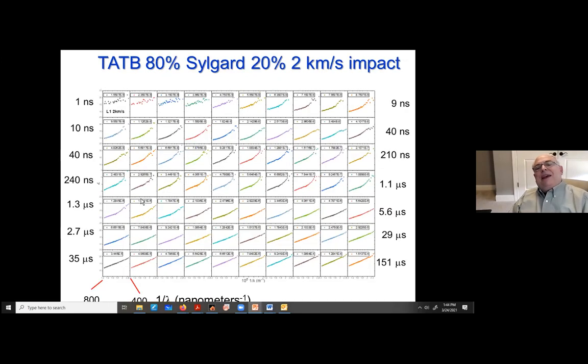All right, now here's the same thing for TATB. And okay, what do you want to see? Well, right now it looks really hot, not so hot. It's kind of cold. Well, I'm sorry, it's pretty flat, so it's reasonably hot. Here's what you want to look at. It's not a straight line in a lot of places. Okay, and where's the deviation? Well, the way I think about it is it looks straight here, but then it deviates here.